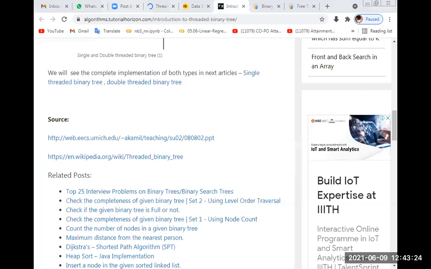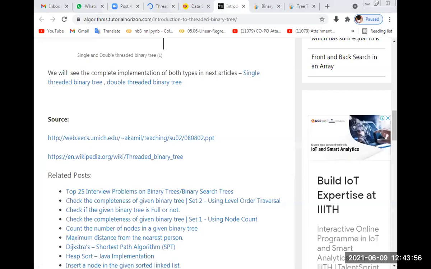Okay. In the right I store the address of B, here on the right I store the address of A, here on the right I store the address of C. I kept left as null because in a right threaded binary tree we just store the address of some node in the right link. In a left threaded binary tree we store the address of some node in the left link and the right link we keep as null.